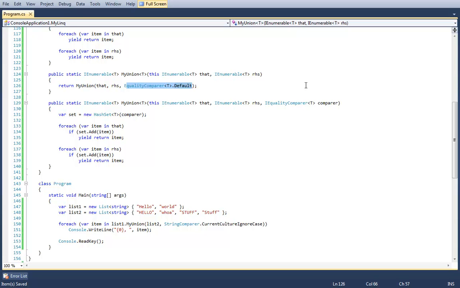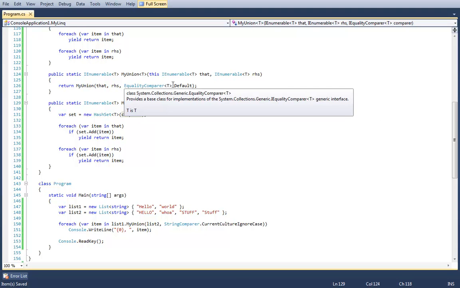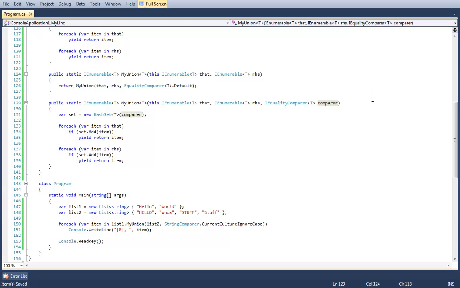And second of all, what I would have to do to use this as a default parameter is set this to null, and then I would have to check for null within the method. You know what I mean? I can't just set compare to EqualityComparer.Default. Oh, right, okay. Why not? You just can't. Okay.